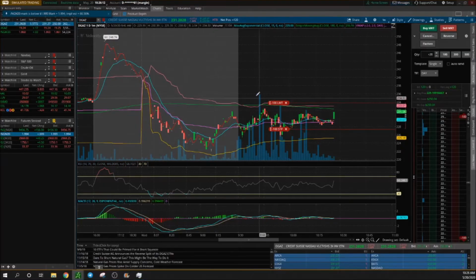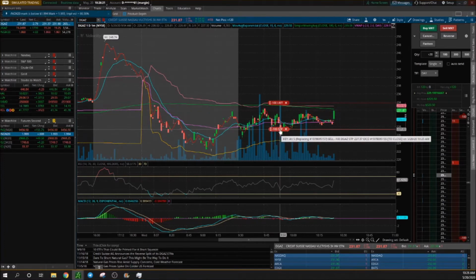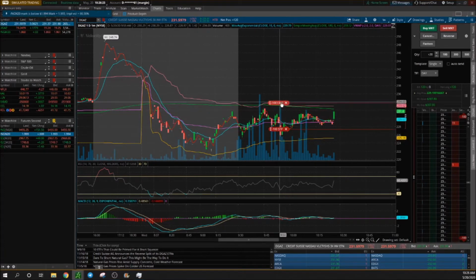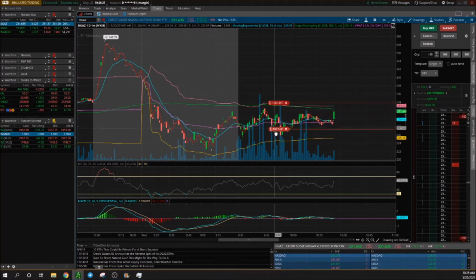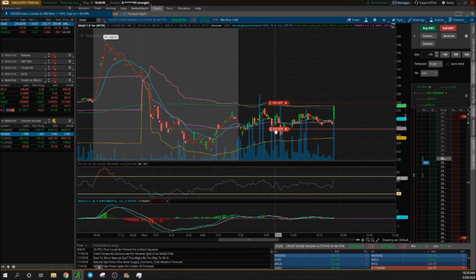Okay, so as you can see, I have DGAS open on the screen, right? And you can see I have my OCO brackets, I have a stop loss, and I have a limit order. Sorry, I got some movement happening on natural gas right now. So the reason why I have this is because I have a stop loss set